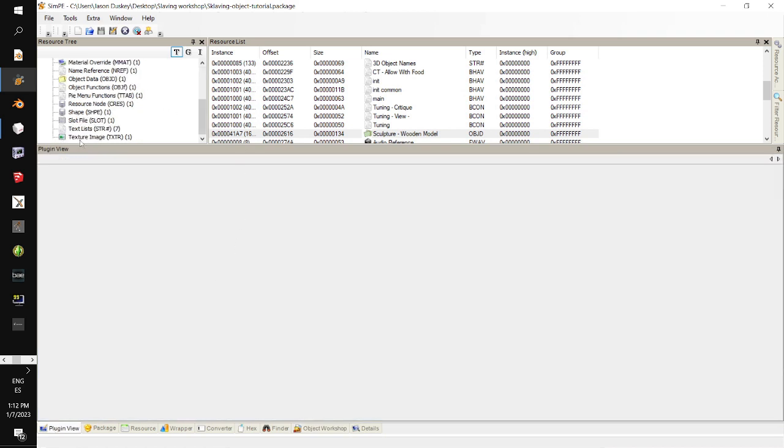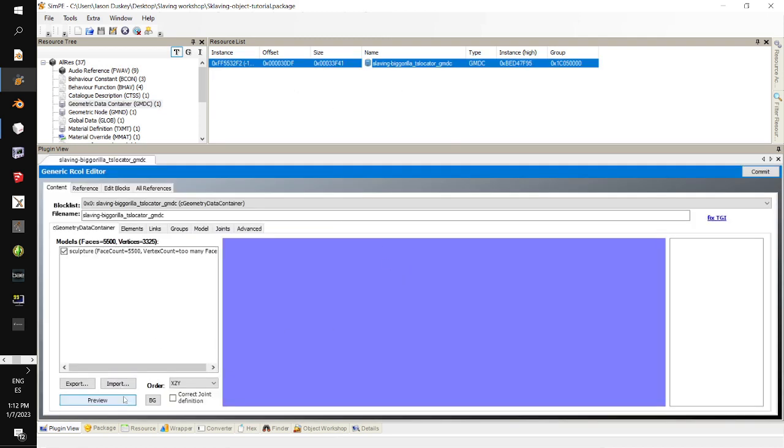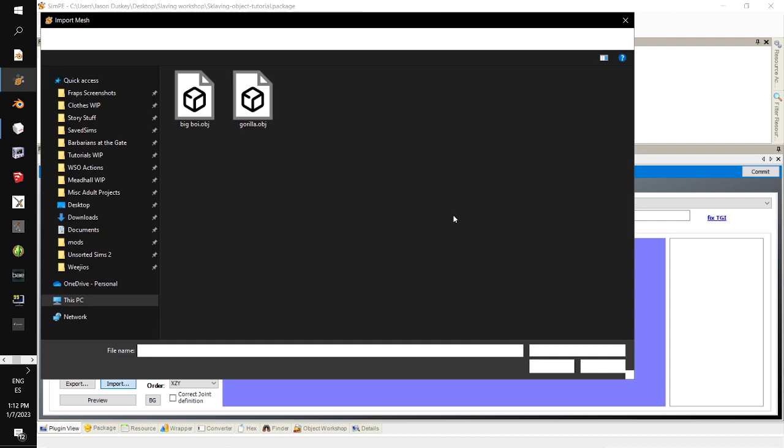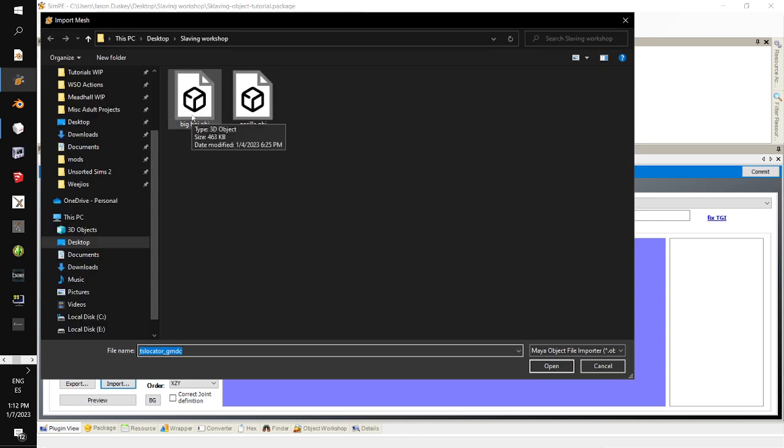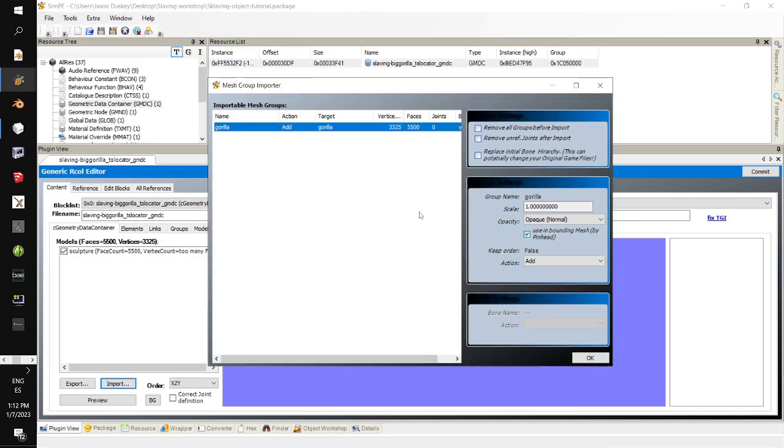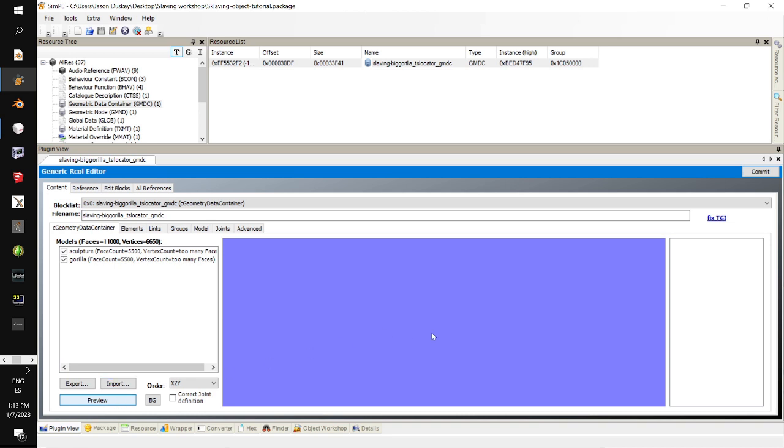Okay. So now we just go to the GMDC and import. And if you're following along at home in the resource thread for this workshop, I have a file called Big Boy. It's essentially the gorilla, but I multiplied the scale by about 2, so it is twice the size of the original sculpture. And we're just going to replace that mesh. Oh, that was not what I wanted to do, but let's see what happens. Okay, so just as a demonstration, the one that still has the texture, that's the original gorilla sculpture, and the one that's blank, that's untextured, that's the big boy. So we go over here,